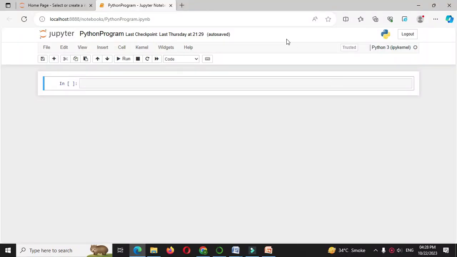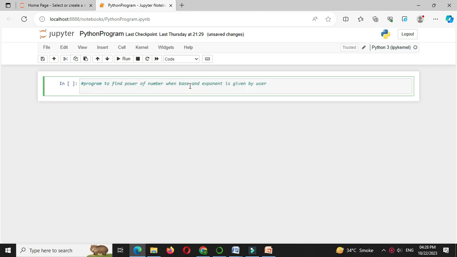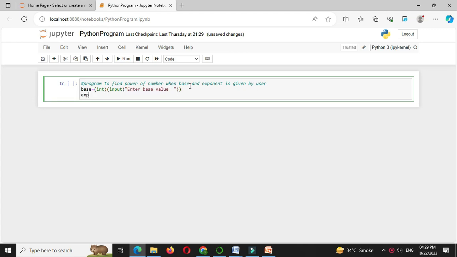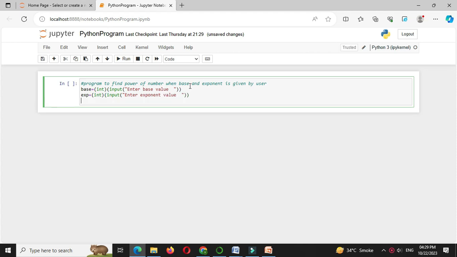Here we will write a Python program to find power when base and exponent are given by the user. So in a comment line, first we'll write: first we'll accept base and exponent from the user. So base = int(input("Enter base value")). Then we'll accept the exponent. So exponent = int(input("Enter exponent value")), and we'll declare one variable which is